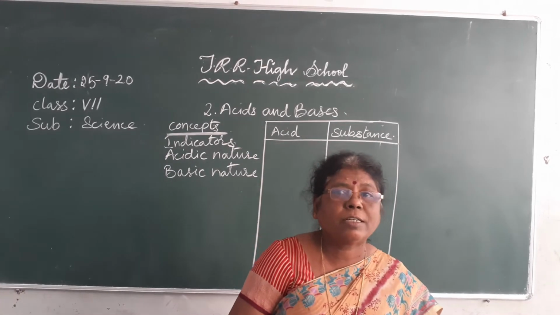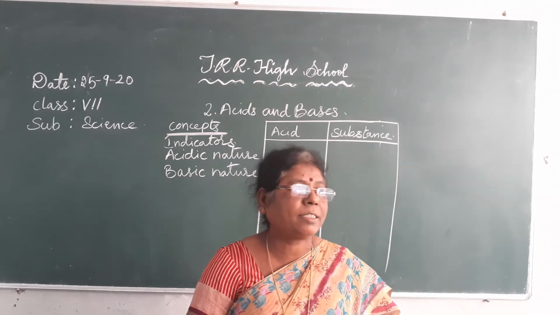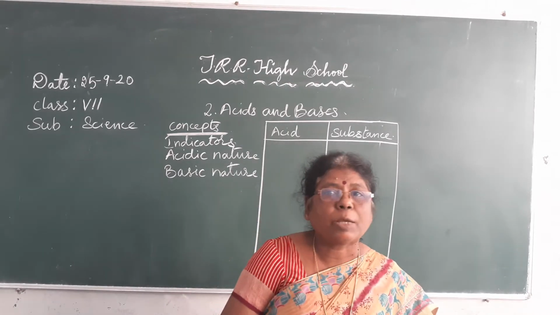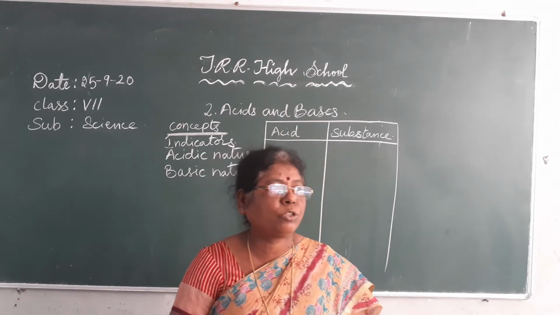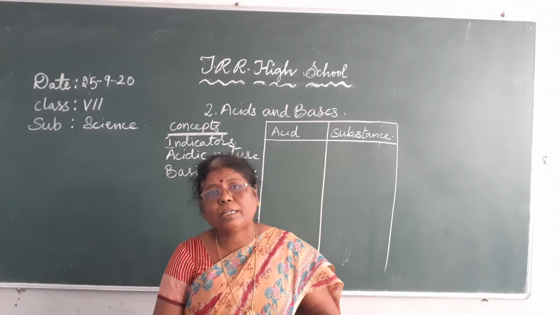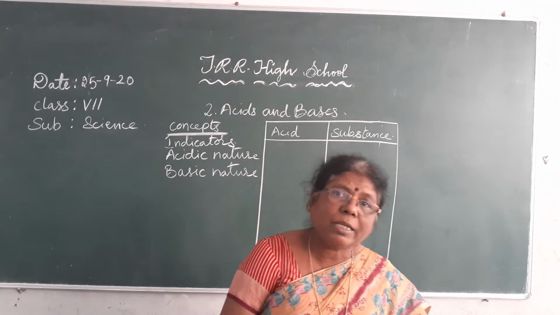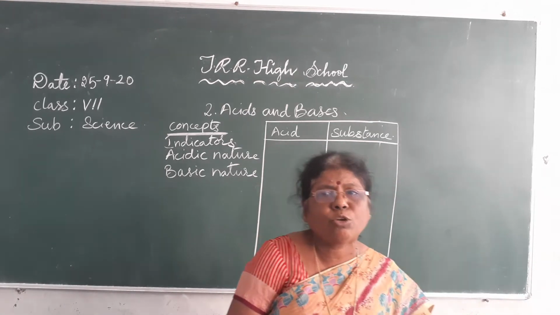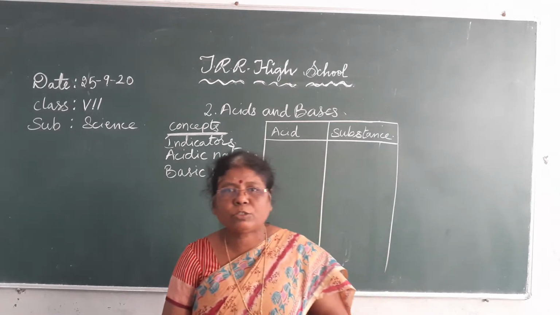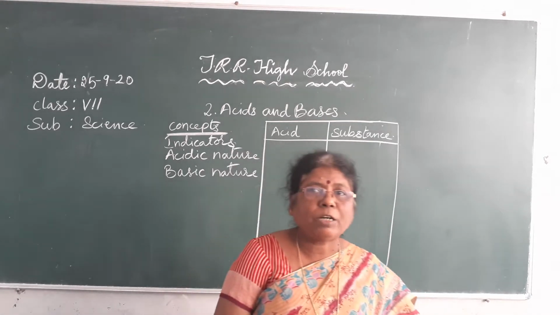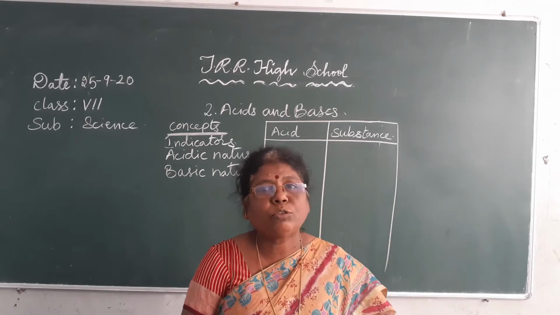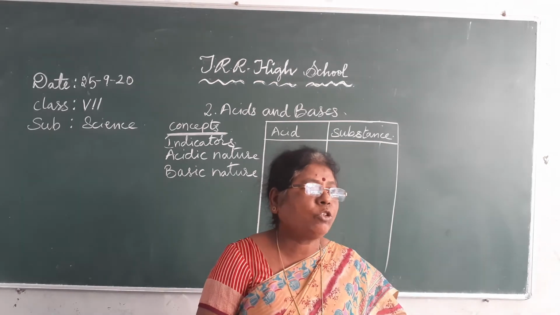So what we have discussed in the second lesson is acids and bases. I showed you the test also by using substances. What substances did I use for acids? Lemon I used, isn't it? Lemon, vinegar, buttermilk, tomato. These are sour in taste, and they change blue litmus to red in color. Apart from these, other substances are also given in the table that you have to do by yourself. Okay, I gave you examples.